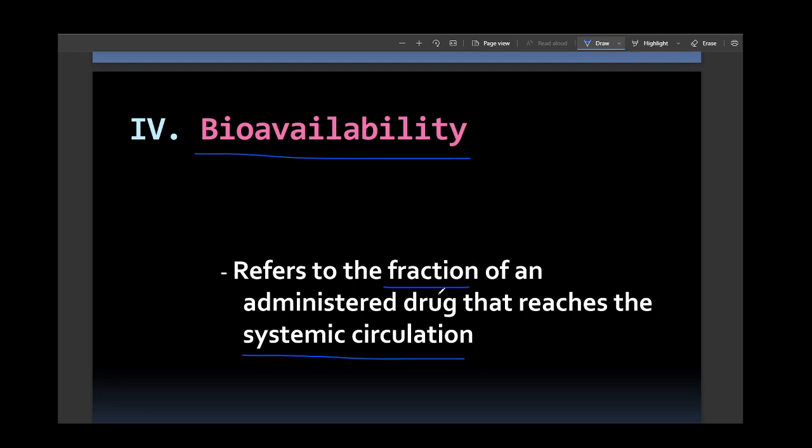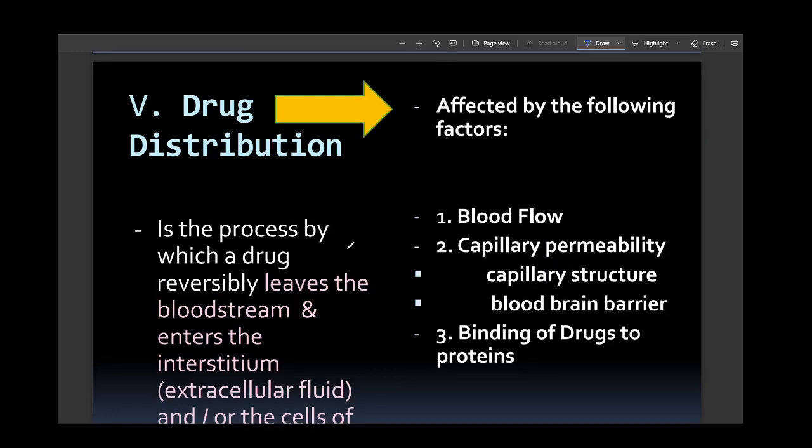The drug which was successful in reaching the systemic circulation. And there is different bioavailability for different routes of drug administration. The most bioavailability is 100%, which is obtained from the IV route. The bioavailability of the GIT is 16%, and the drug distribution, the other topic,